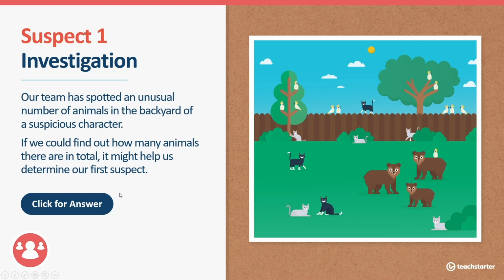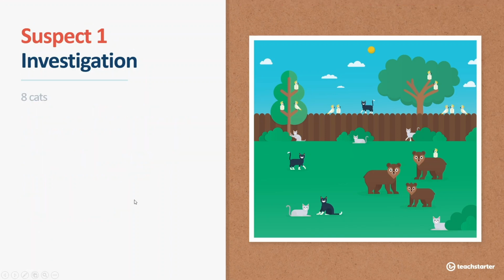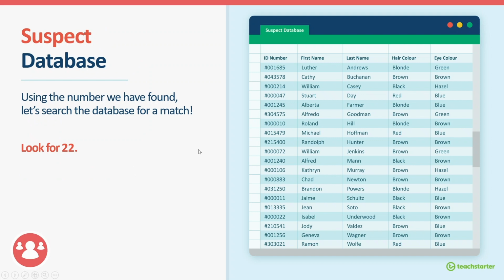So students can have a look and think about that. We click on the answer. There are 8 cats, 3 bears, and 11 birds. So students can use a counting on strategy or something that they're familiar with and add the numbers together to get the 22 animals. So we go to the next slide, and the database shows us all of the people